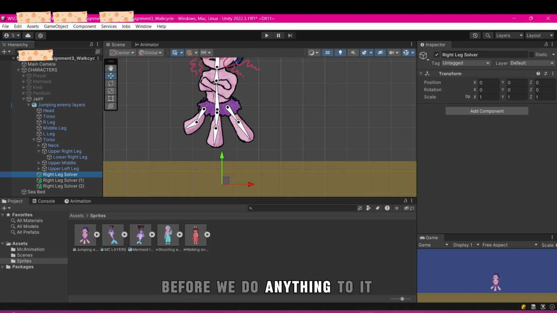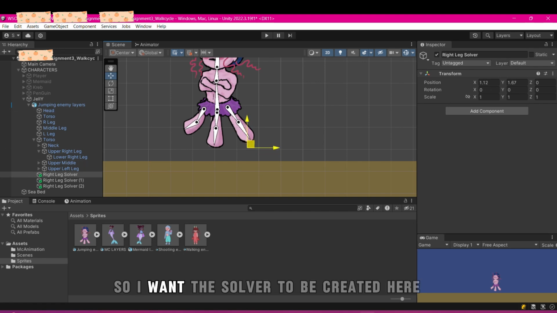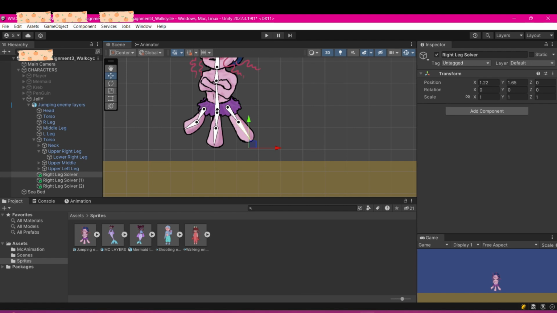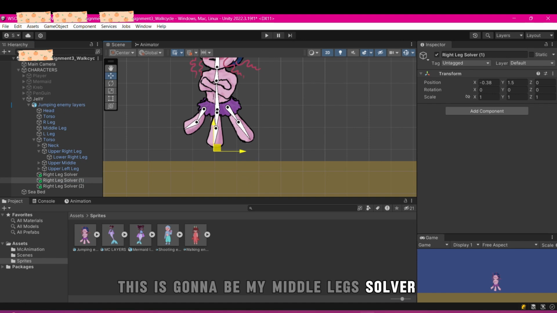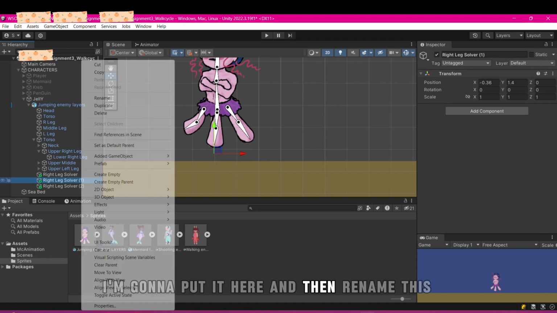Before we do anything to it, do you see this thing? Move it where you want it to be. This is my right leg, so I want the solver to be created here, and the solver is that circle thing we used to move the leg. This is going to be my middle leg solver, so I'm going to put it here, and then I'm renaming this